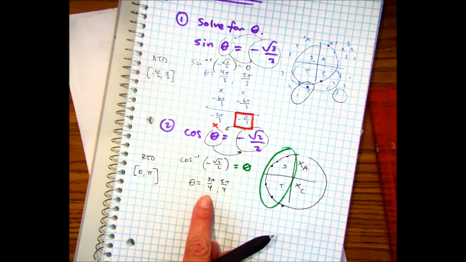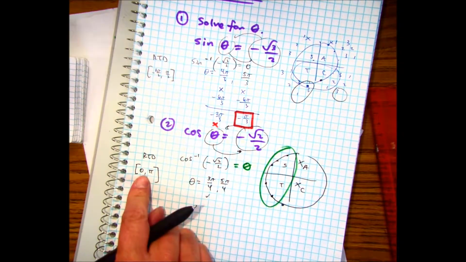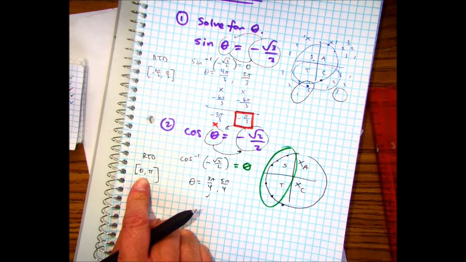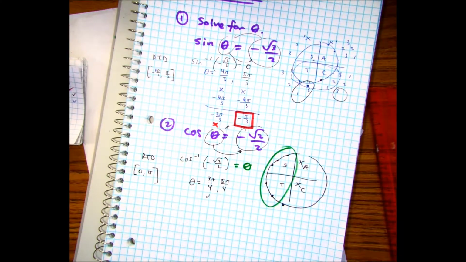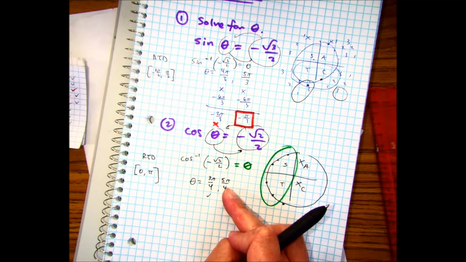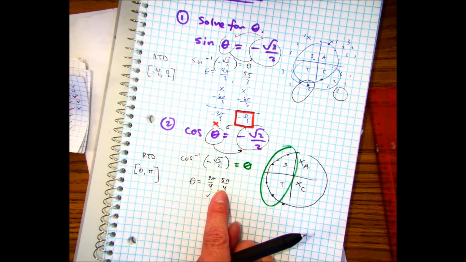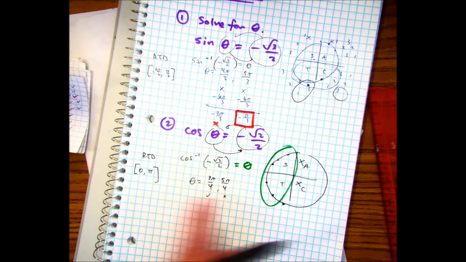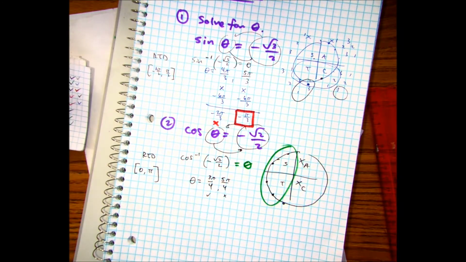Hannah, accept or reject? 3 pi over 4 is between our restricted domain. Hannah, how about 5 pi over 4? Question. If I use a coterminal angle, would it be between here? No. If I subtract 8 pi over 4, I get negative 3 pi over 4 and it's not in here. I can add 8 pi over 4 and I get 13 pi over 4 and it's not in here. So the only answer we have is